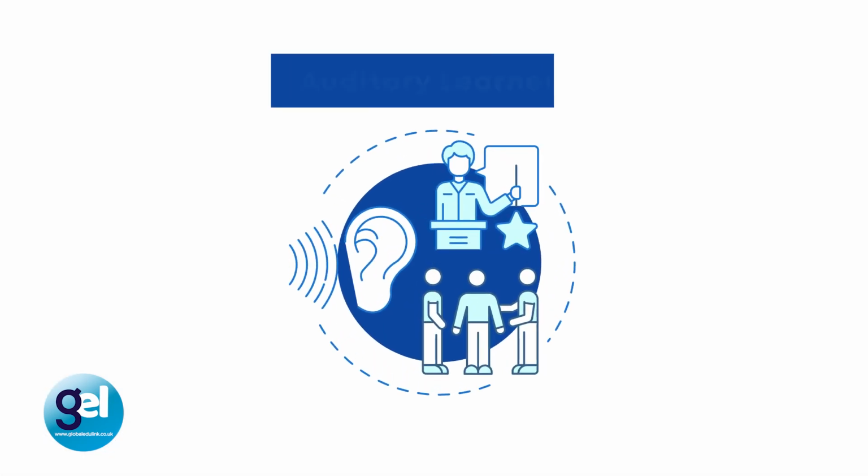Let's now consider auditory learners. So auditory learners retain information from hearing. So how can we implement this into our classes? Discussion tasks, for example. Use music to help them retain information. Use listening tasks in different ways. You could use a TV clip, a film clip, or YouTube.